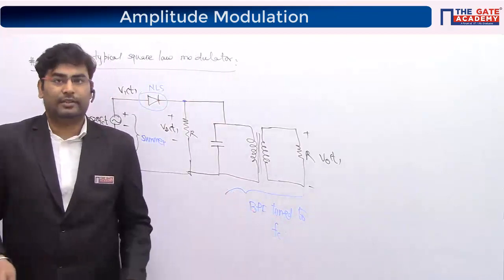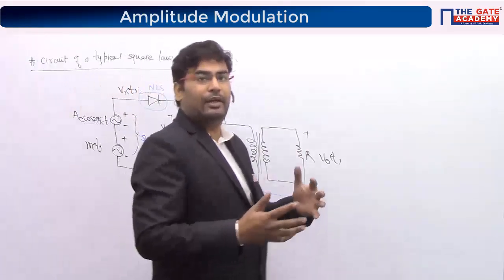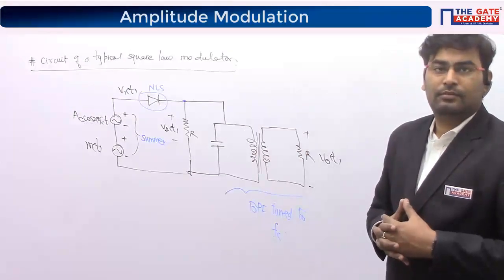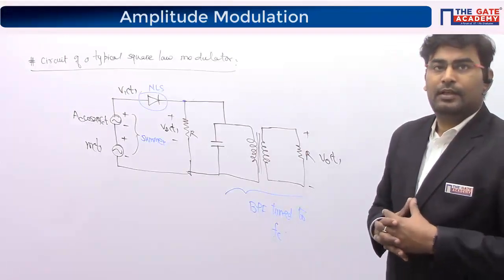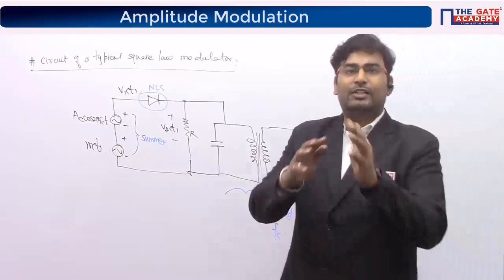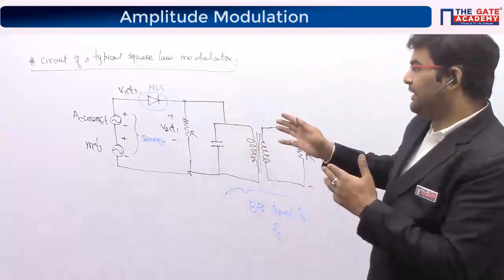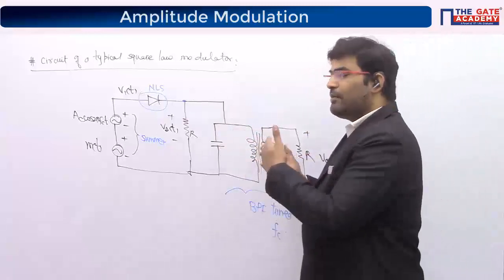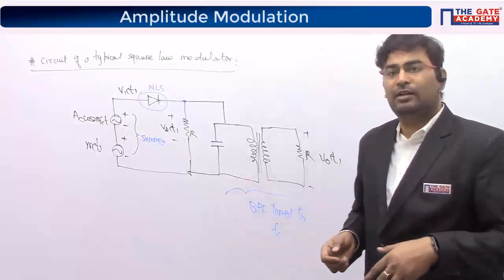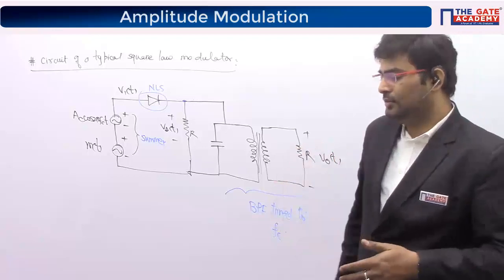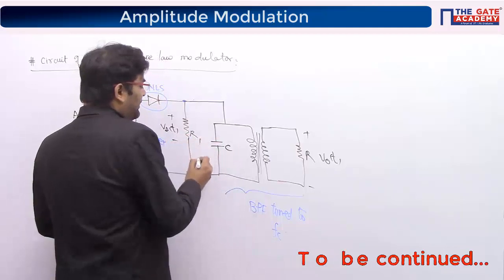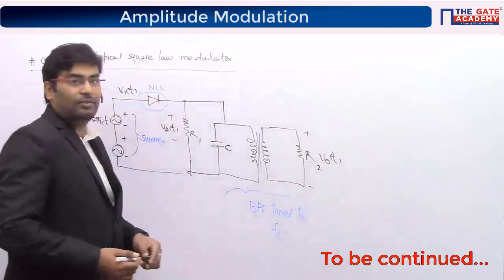Look at the beauty of this circuit. It's a conventional, typical square law modulator. You can see and draw it. Generally in communication systems, we don't go and show like this. Rather what we do, we put certain blocks and just say that, okay, this is a non-linear device, this is a bandpass filter, and do the job. Since Swati asked how an ideal bandpass filter works, I thought let's give you this as well. So interesting, right? You can call it resistance R1 and R2, but that's okay.